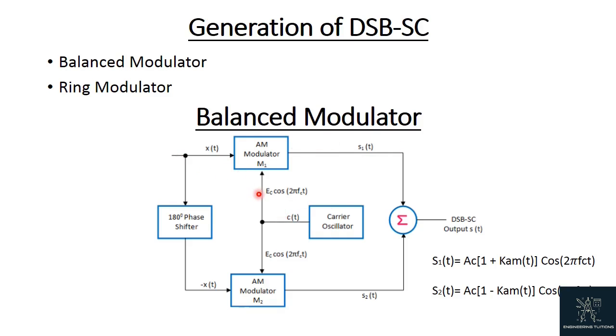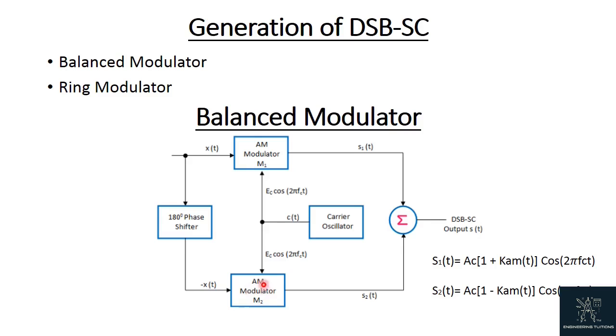The balanced modulator consists of two identical AM modulators. These two modulators are arranged in a balanced configuration in order to suppress the carrier signal. Hence, it is called a balanced modulator. The same carrier signal c(t) = Ac cos 2πfct is applied as one of the inputs to these two AM modulators. The modulating signal m(t) is applied as another input to the upper AM modulator, whereas the modulating signal with opposite polarity, that is −m(t), is applied as another input to the lower AM